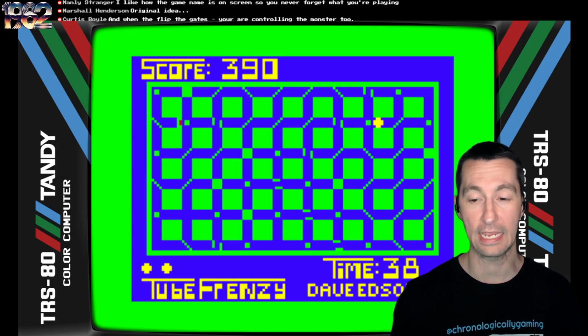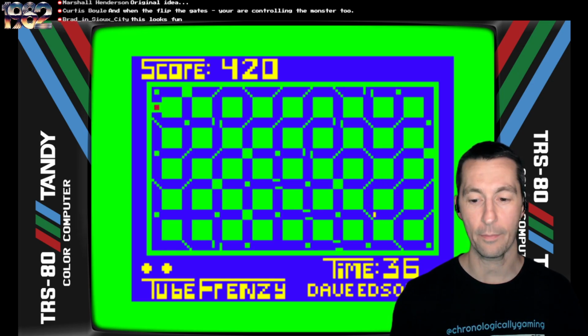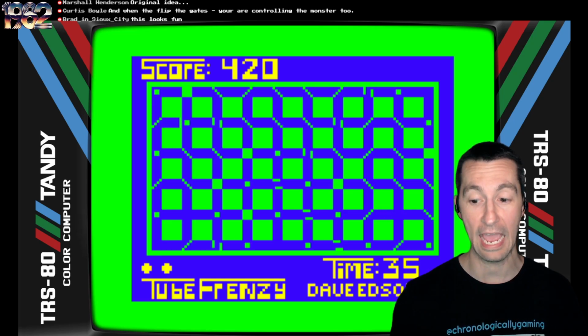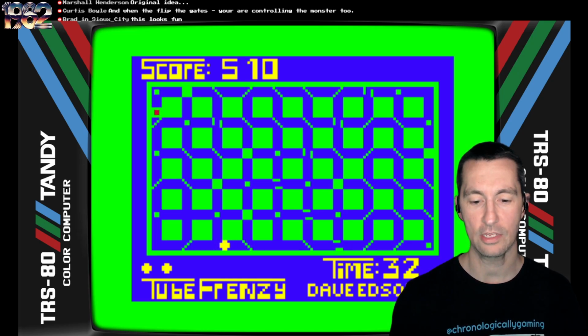The other thing you can do, though, in the game is I can take my analog joystick and say, let's speed this sucker up. Yeah, I can speed up and I can slow down to a stop if I want to, the action. So I can just go quick to try to get some more bonus points. Yeah, there we go. So if you want to just, you know, crank the...